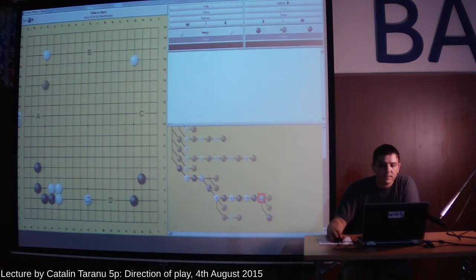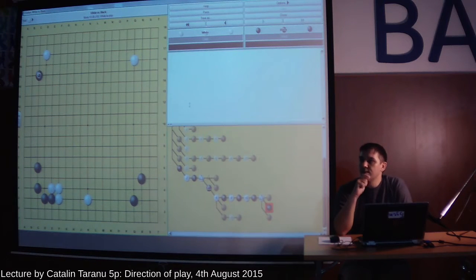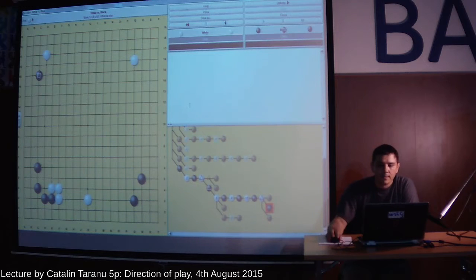So locally on the top left corner, this is a very big kakari, but because of the shape on the left side, black has some misgivings about it. It's still a very big point, so it's not so clear how to play next. But if we consider all those things, next move with black,